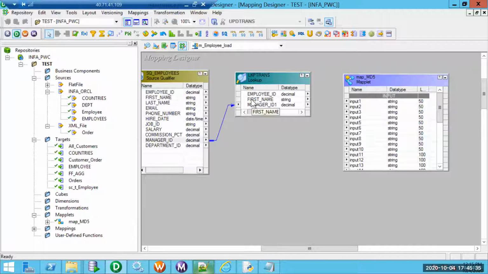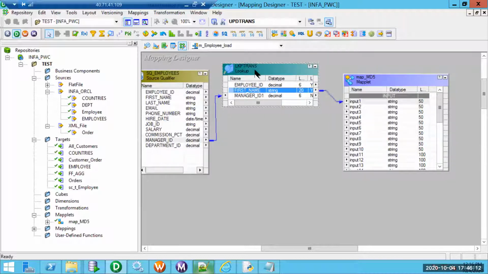Let's suppose an employee's manager got changed. If you want to retain that information, as in which all managers this employee worked under, then this is my potential candidate for SCD. So manager information is an SCD, what we call type 2 attributes. The length is 20 and my input is 50, so I can always map it to the maplet, which is fine here.